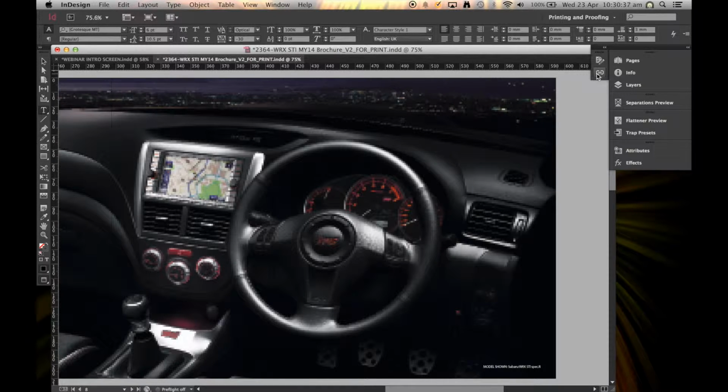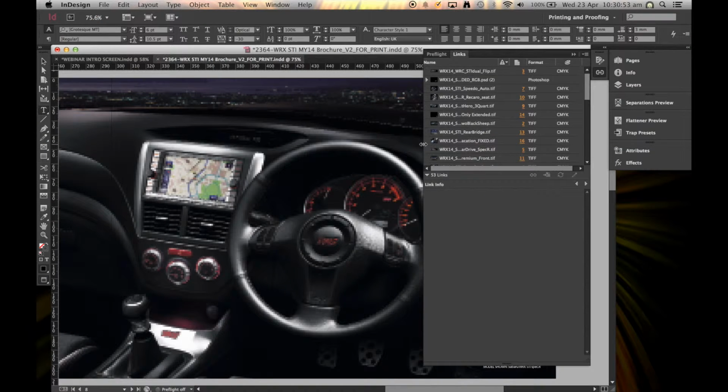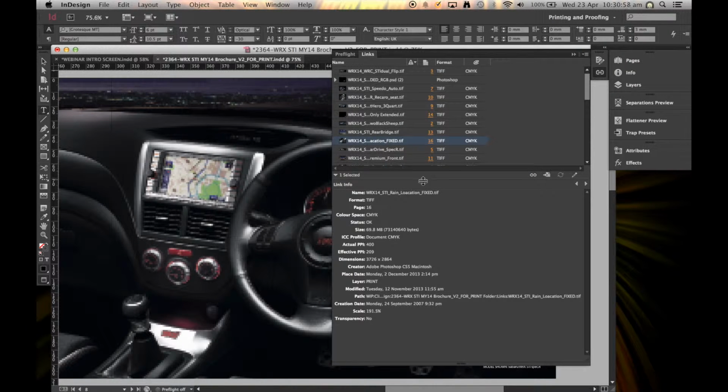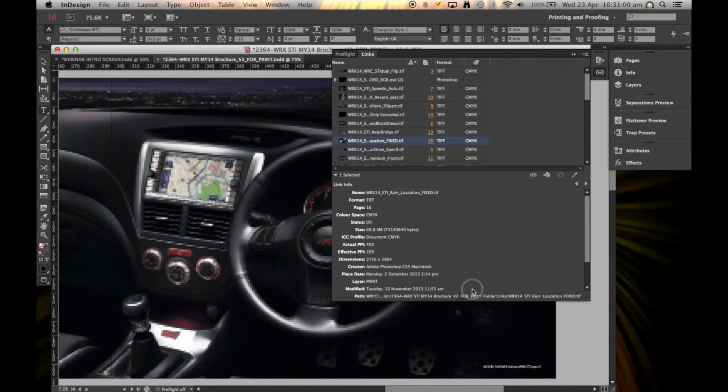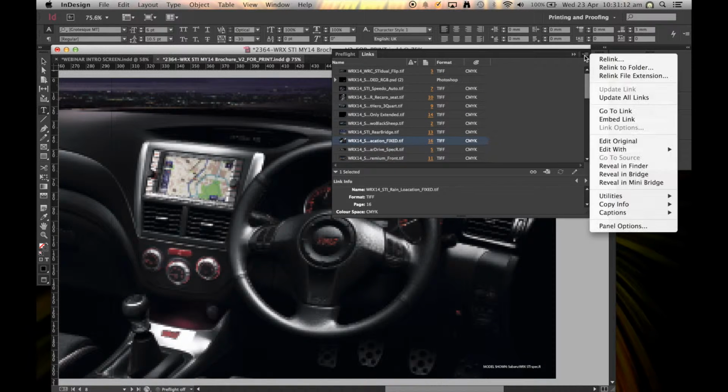So I'm going to select that icon there, which is the links palette. I'm actually going to expand this links palette and shrink this info area down, and we're actually not going to use a lot of this info. Now this is where the hidden feature lives. If you click on this little menu here, which belongs to the links palette, you can go down here to panel options,